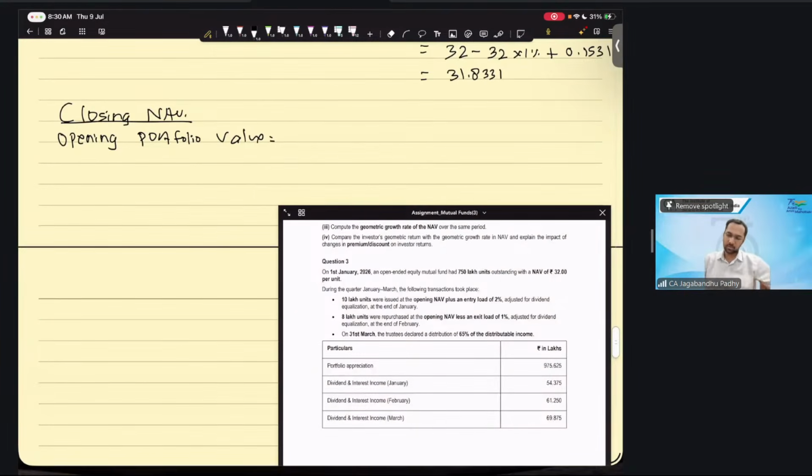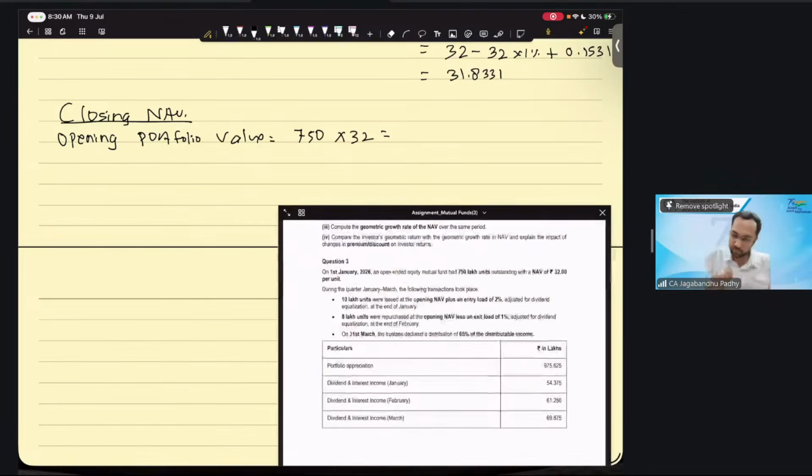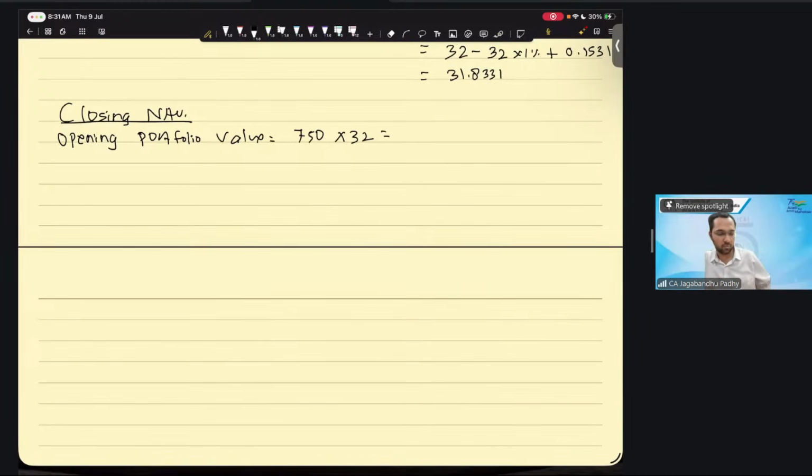Opening portfolio value is, we have 32 NAV and there are 750 lakh units. So it's going to be 750 lakhs into 32. So opening portfolio value is how much? 750 into 32, which is what? 24,000. Okay, opening portfolio value is 24,000